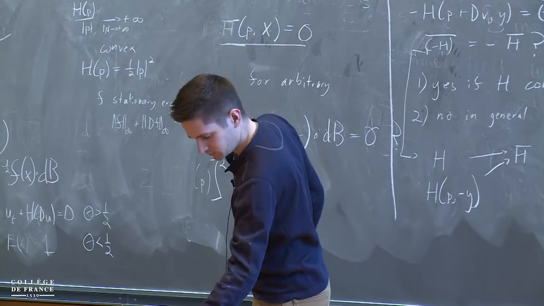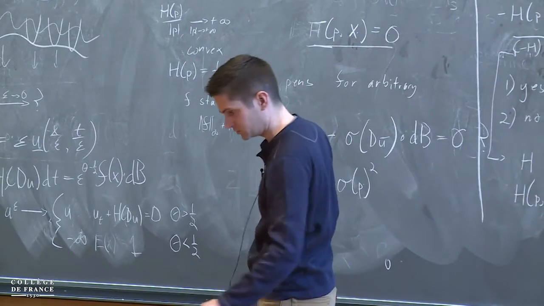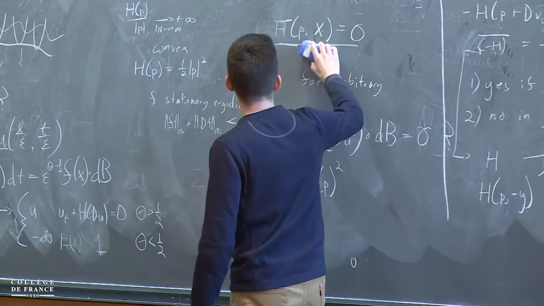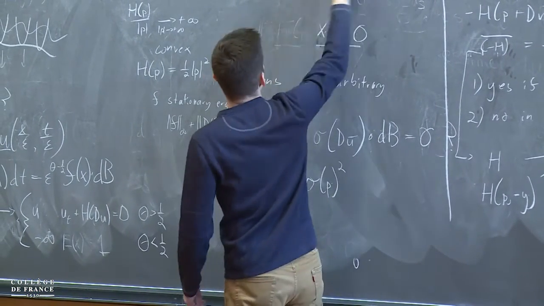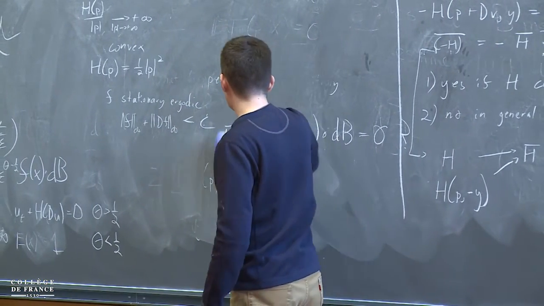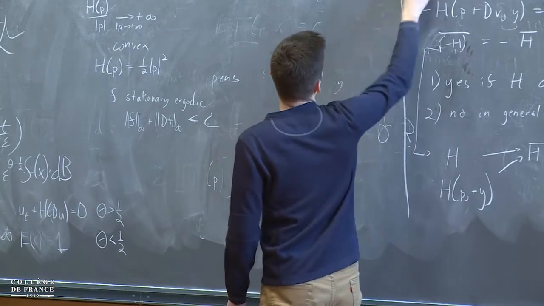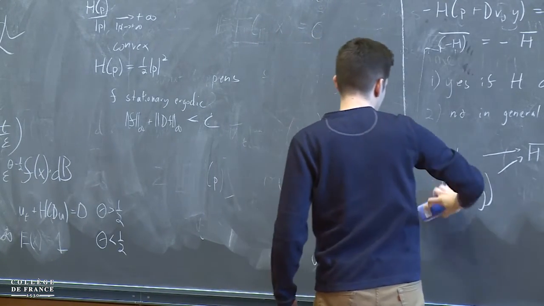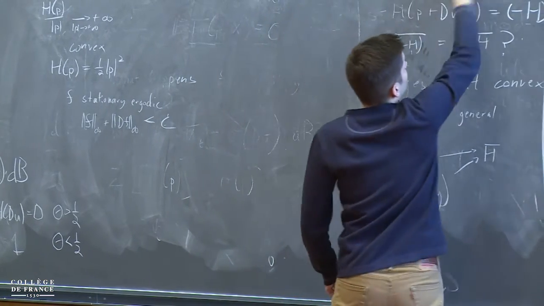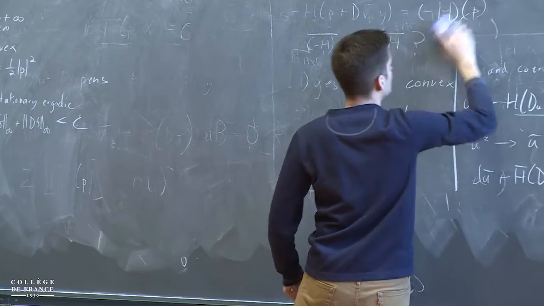Okay, so finally, I can ask the question in my remaining 5, 6-ish minutes. What happens for theta equals 1/2, which is the scaling critical case? Because this is already an interesting result. The surprising, or sort of surprising, answer for theta less than 1/2 already gives us something. But I would like to know more. I would like to know what happens exactly at theta equals 1/2.